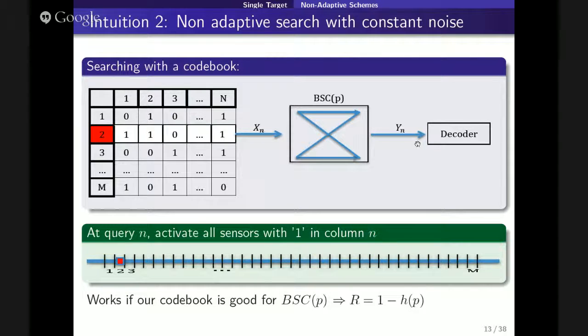We will be able to locate the target once the rate of this codebook is not larger than the capacity of this channel. So here you want n to be bigger than log m, and so log m should be smaller than the capacity of the channel.